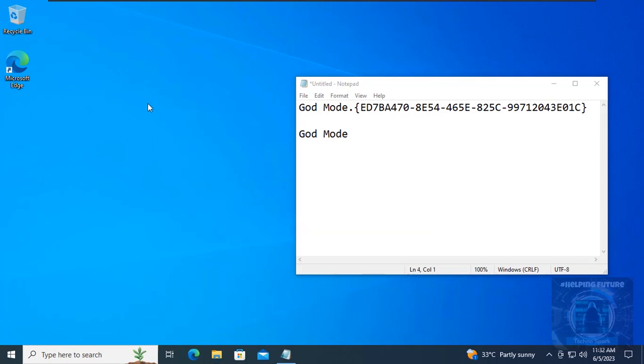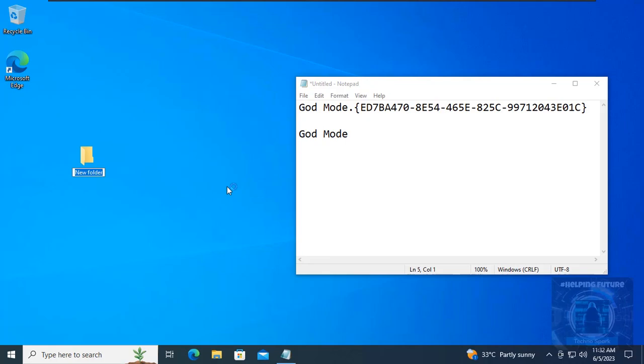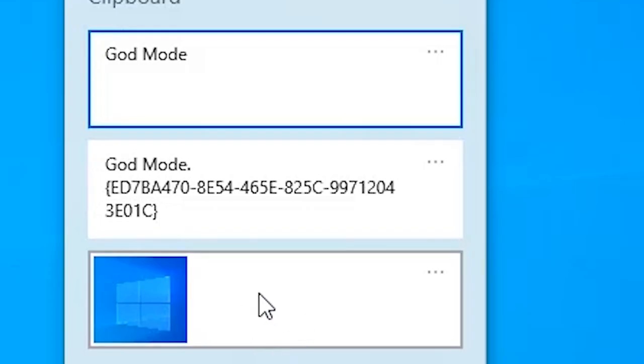Now there is the other way, like you could just copy it again, but if you found it on a web page and you close the web page, it could be a headache to find the web page again. The easier way is using the clipboard feature. So when we do this, we have to access it, we do Start plus V, and as you can see,